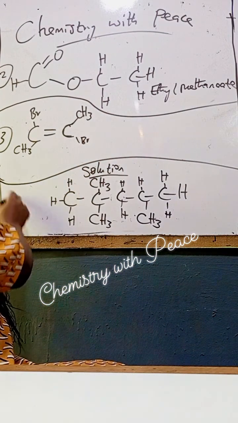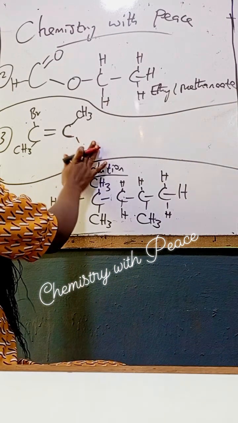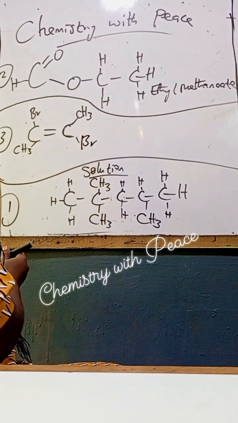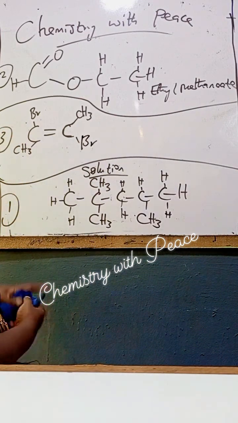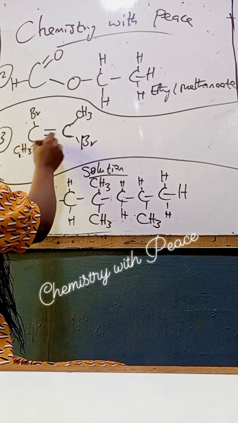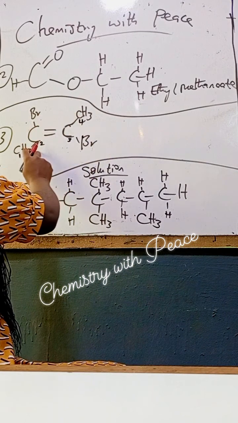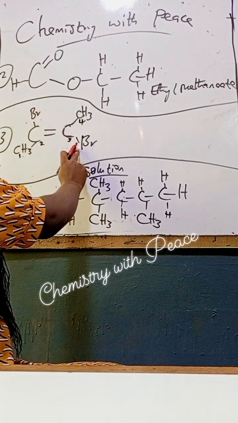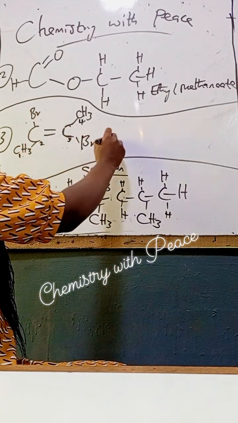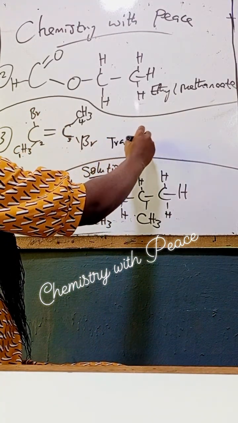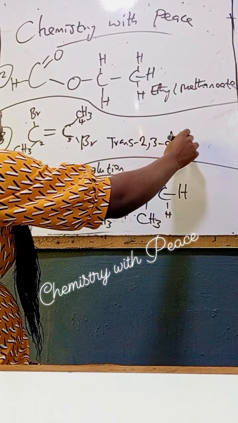This is the first question, this is the second question, then this is the answer to the third question. The third question, our answer is what? The longest carbon chain is 4 carbons. We have 1, 2, 3, 4. This is butene, and in the second and third carbons we are having bromo and bromo. This is because they are in alternate direction, that's why it is trans-2,3-dibromo